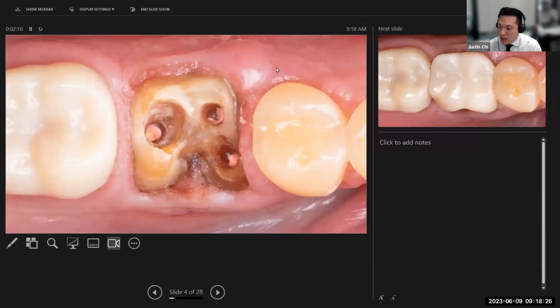Anytime I'm working on posterior teeth, I evaluate for where those margins are and whether or not there is furcal involvement. So I'm using either a Nabors probe, which is a curved periodontal probe where you can access between furcations, or we also have a curved explorer that,